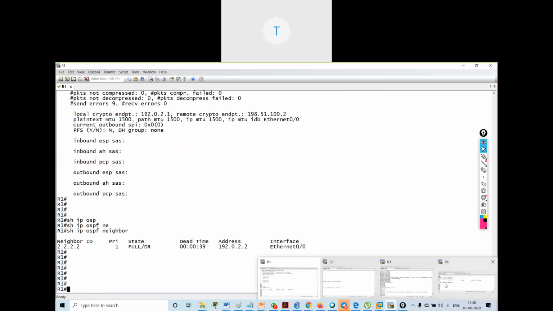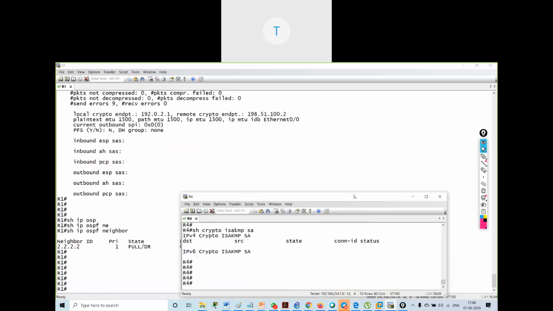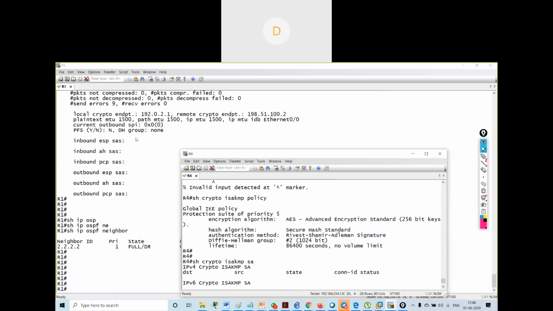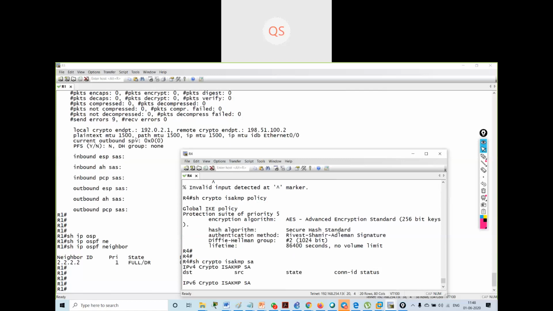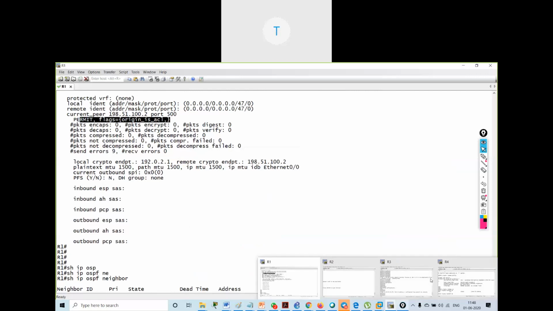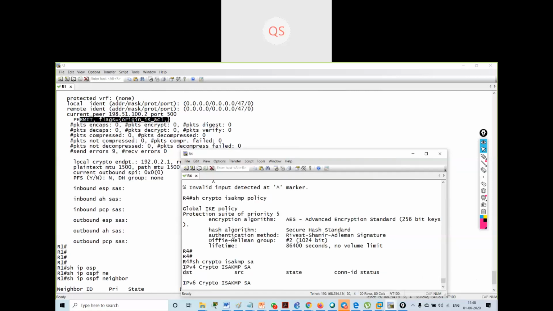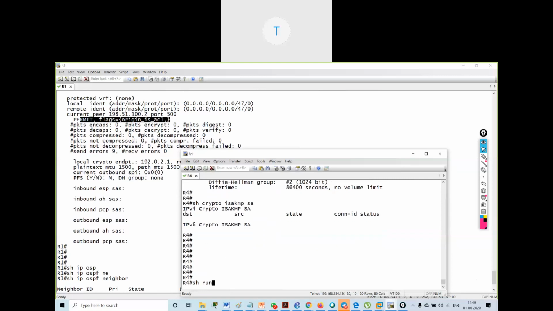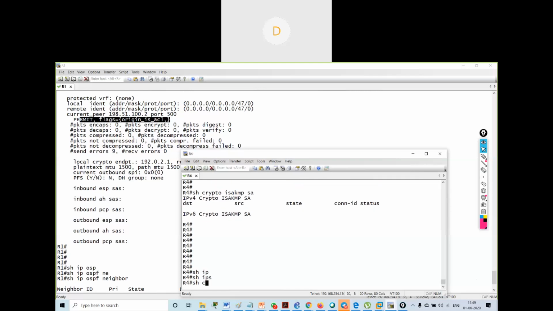There should be a mismatch, right? On R4, whatever is the peer for this, what is the peer here? R2, R4. Where you saw the mismatch. Might be there is some ESP mistake. There is something that policy has been mismatched, right? Yes, ISAKMP policy mismatch. So show run, or you can say show crypto IPsec.